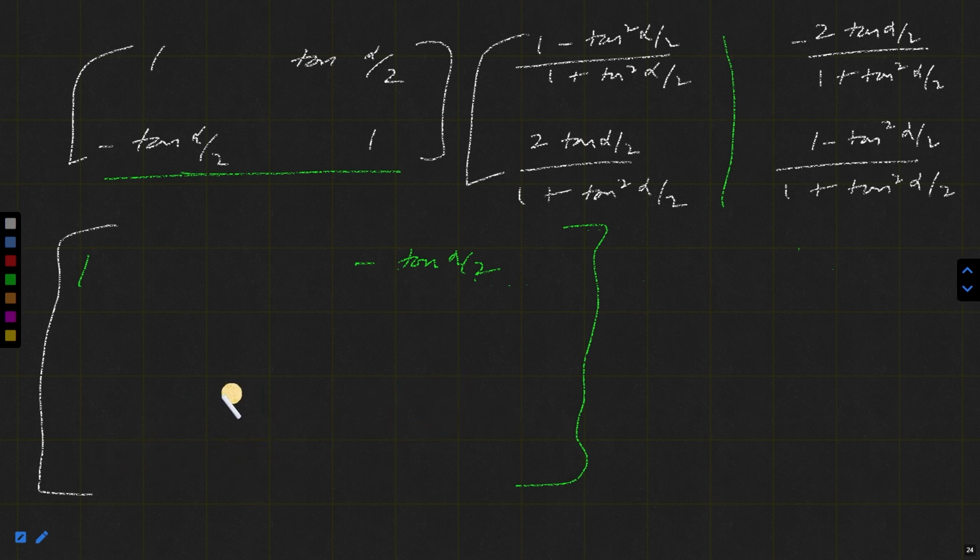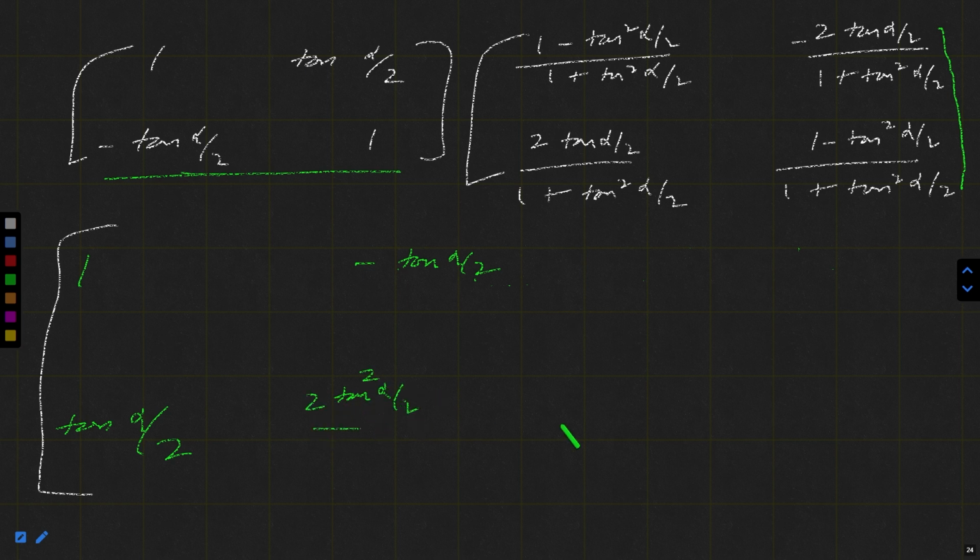Okay. So tan alpha by 2. Simple. Now for this last entry, you will multiply the second row with the second column. You will be left with, let me make some space. So tan alpha by 2 will be multiplied with 2 tan square alpha by 2, because of the same